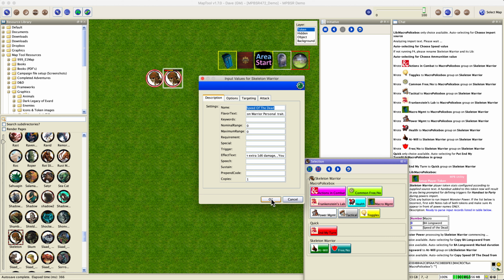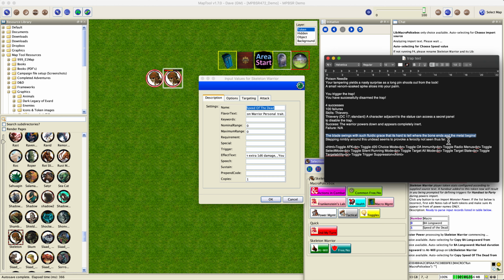By the way, notice it didn't ask for configure targeting there. It already knows that happens on a hit. And the power, the macro, will know which guy the skeleton hit. So it will apply that basic mark to him. It doesn't need to ask you, well, hey, who gets this effect? So that's important too. Again, flavor text, we want to go and grab the next